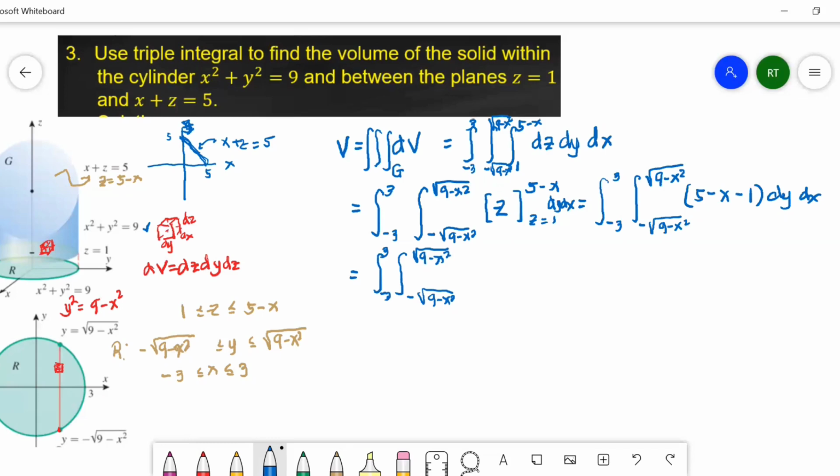And if we simplify 5 minus x minus 1, that gives us 4 minus x, dy